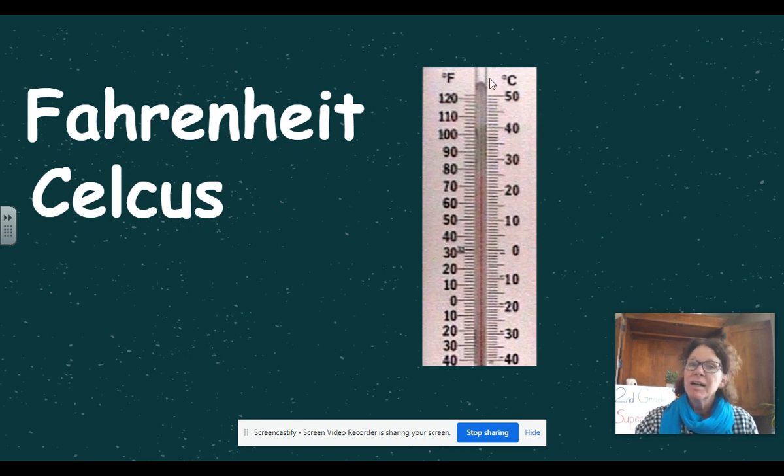There's two scales of measurement. One's called Fahrenheit and one's called Celsius. Fahrenheit is the one that we use here in the United States. So if somebody says, well, today it's 50 degrees out, we all kind of know that means it's kind of mild. If someone says it's 30 degrees out, well, that's a little below freezing, and I'm probably going to grab my jacket and maybe my snow pants.